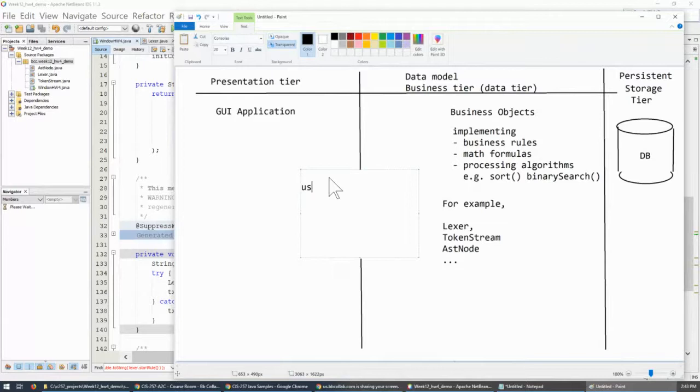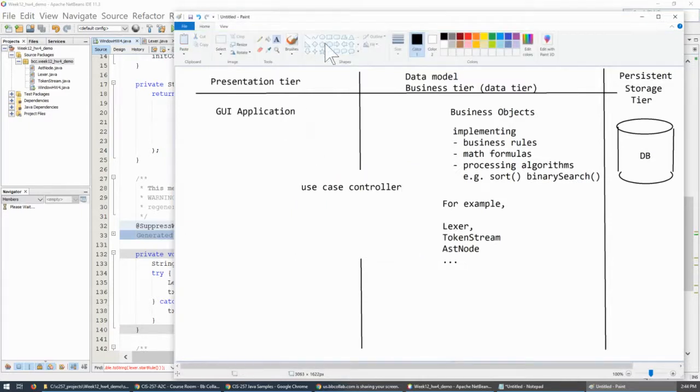So something we call use case controller. And this use case controller becomes a class on the boundary between the business tier and the presentation tier, because